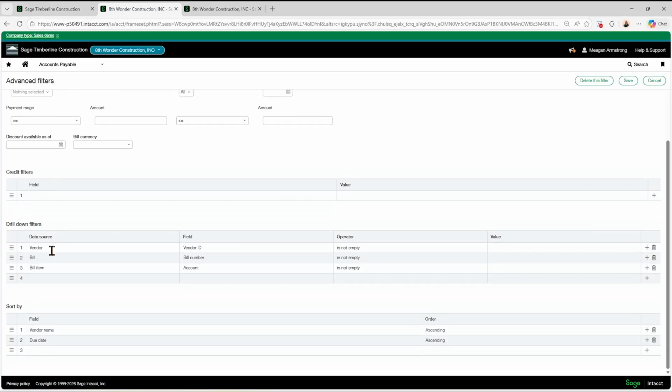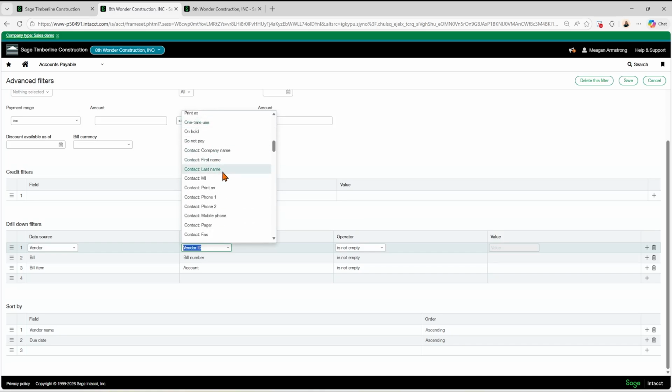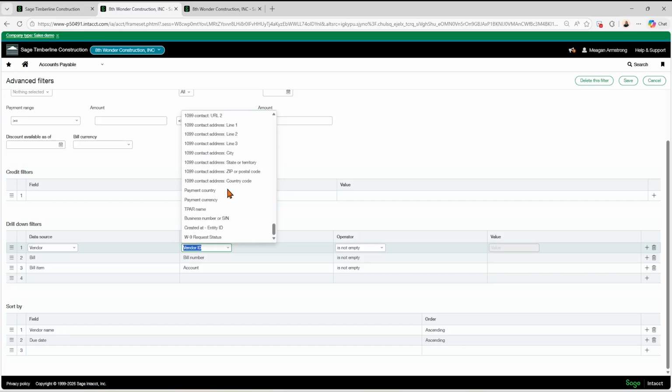So the data source vendor is anything on the vendor information. There's a lot of things in here. You could do ID, name, anything from the contacts, discount terms, payment priorities, if you've got vendor groups, if you have certain contacts, anything your heart desires.